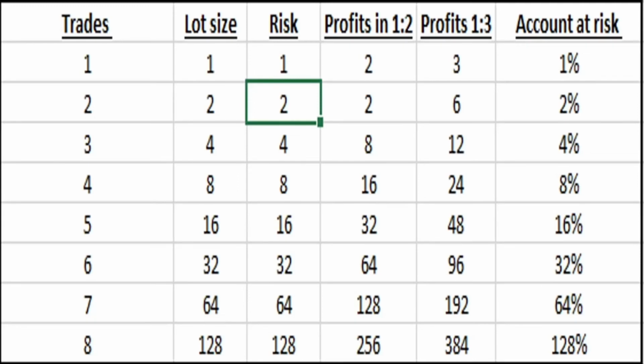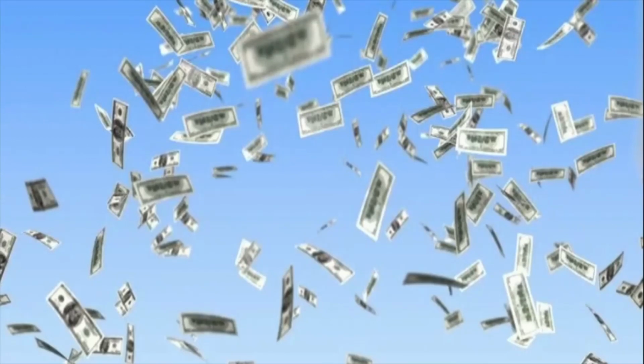Of course, there is maths behind it that will say, okay, you won't be so unlucky. I mean, what is the chance of having consecutive wins in a row or consecutive losses? Because this is the problem. Actually, you won't have losses, but the price won't move in your favor. So you will keep opening larger account size lots and risking more and more. And this is the problem with this technique, that eventually you need an infinite amount of money to be successful. So it can guarantee 100% success if you have infinite money to bet.